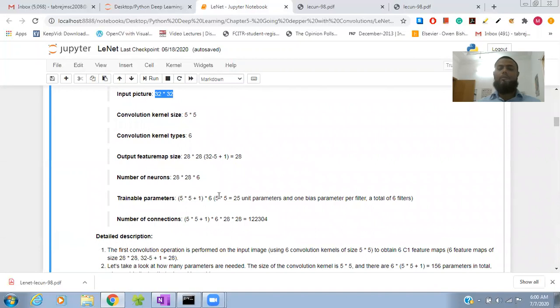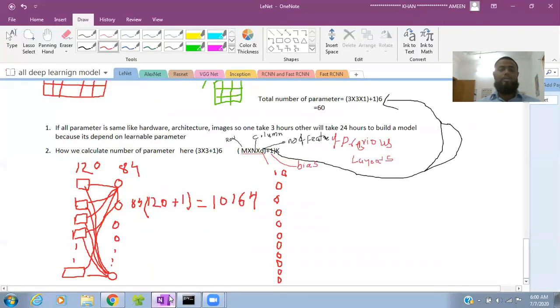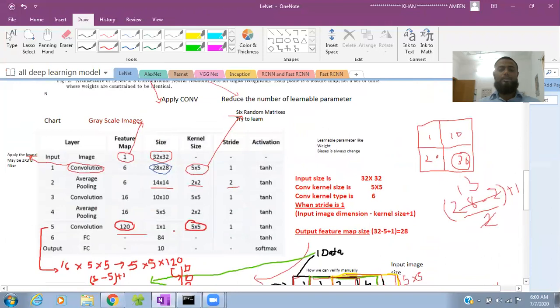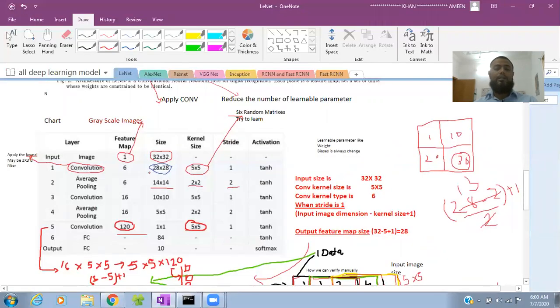Number of neurons: 28 into 28 multiplied by 6, because there are 6 kernel types. If you want to calculate the number of neurons in the first layer, you can easily calculate it here.